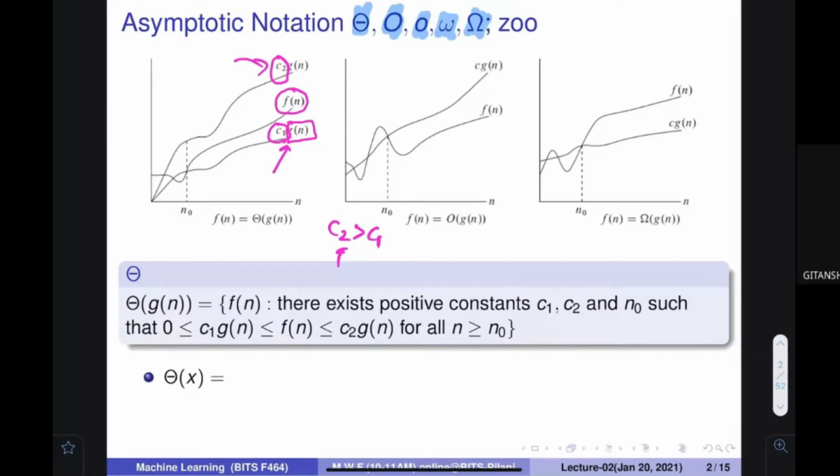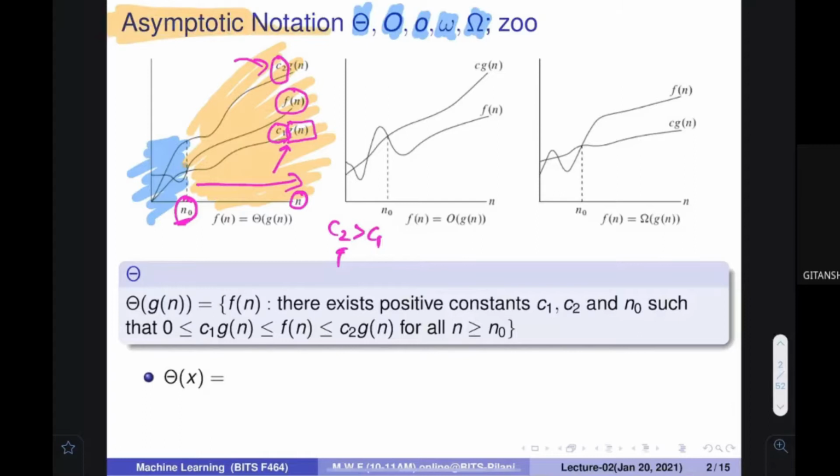Is it possible? Sometimes you may think that initially it is not possible, but can we find out that after some time, when the value of n is greater than some threshold, then in this particular area everywhere I am satisfied, every time it can be satisfied? If this kind of condition is satisfied, then we can put an understanding of Fn in terms of Gn. Then Gn can be used to describe Fn. The same idea has been exploited by using the asymptotic notation, because we don't know the exact function, so we use a different function to tell about the behavior of that particular thing. Is it clear?